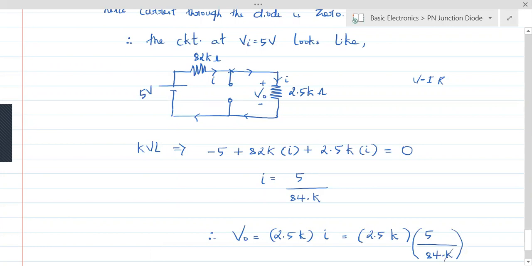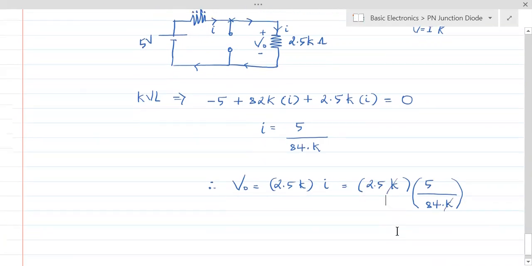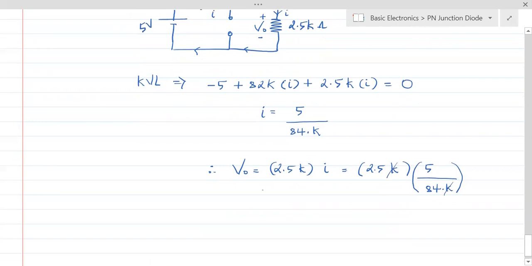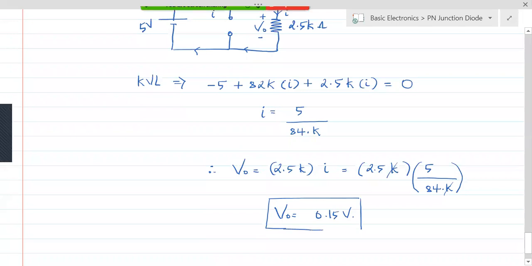This K and K goes off. So what would be left? V naught equal to 0.15 volts. So this is the output voltage when Vi is 5 volts, which is less than the Zener voltage